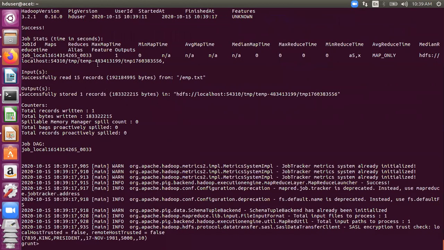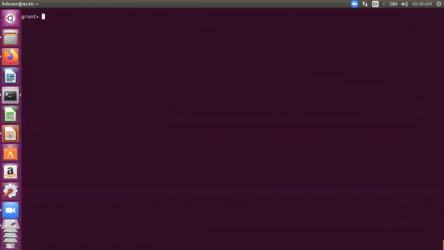I hope you've understood. Once again, we have just reviewed this split operator. I think it's clear to all of you. You can see the syntax here, and the use of otherwise. You could have written A5 if C equals president also. You can use otherwise if no other option is there. All right, let's now discuss the sample.